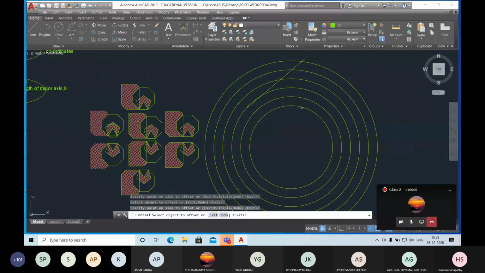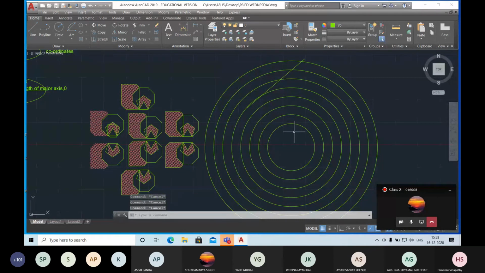If I want to create on this side, then I just select, click, select, click. Okay. So this is my circle offset. Similarly, if I want to make an offset of this line of 15 mm, then I can draw an offset of 15 mm. Okay, these are the circle lines offset by 15 mm. You only need to mention the offset distance.